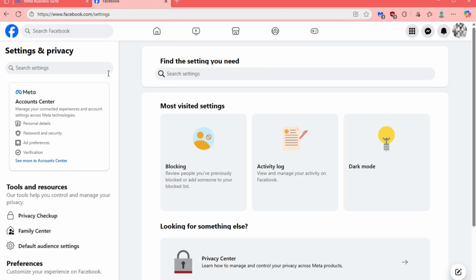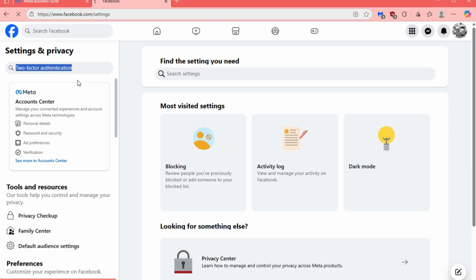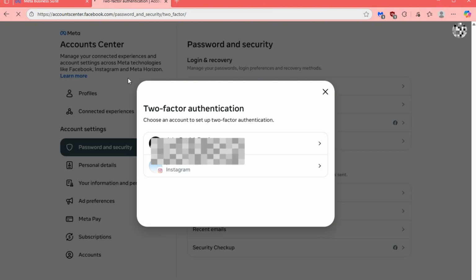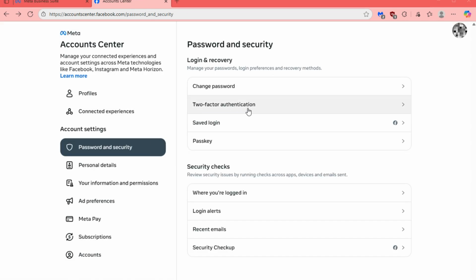Use the search bar to type two-factor authentication, then click on the suggestion that appears. Under Passwords and Security, you will see the two-factor authentication section. Here you can review all the accounts linked to your business and verify that two-factor authentication is enabled for the